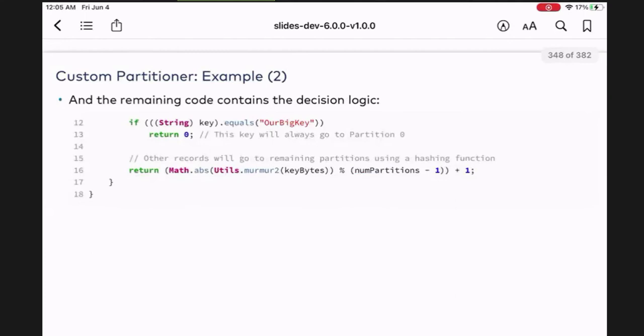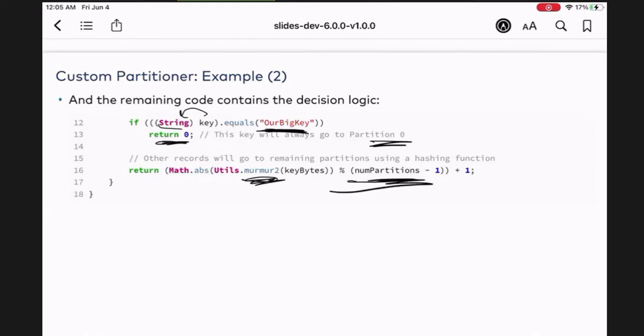But if it is a string, I cast the key to a String. If it's equal to whatever I'm looking for, like the hot item, then return 0. What that means is send it to partition 0. Then for all other records, do the hash modulo the number of partitions.